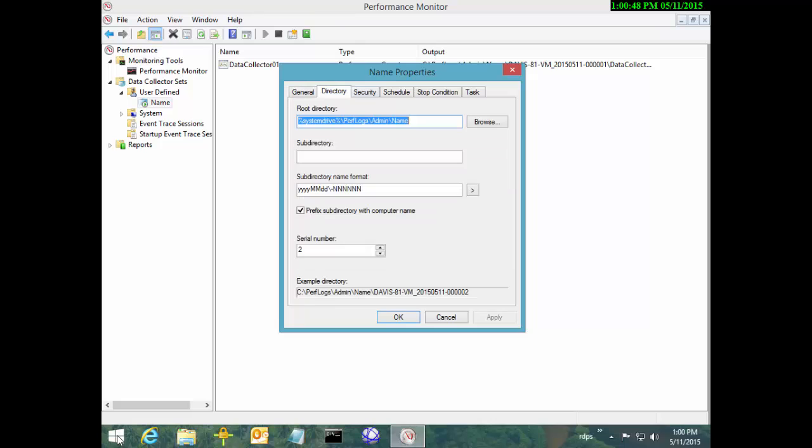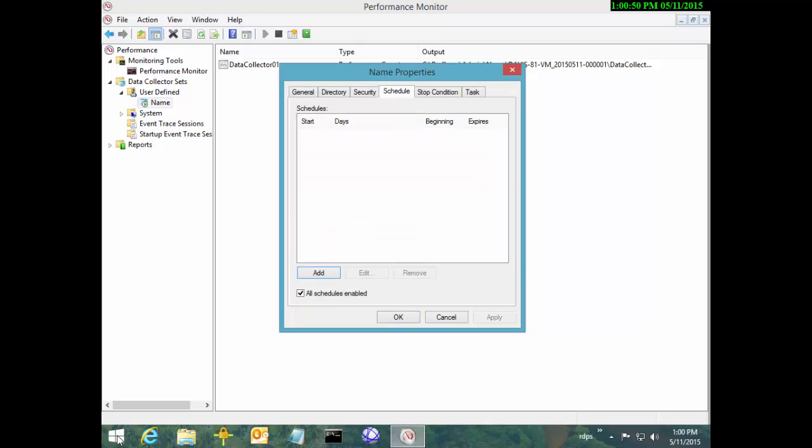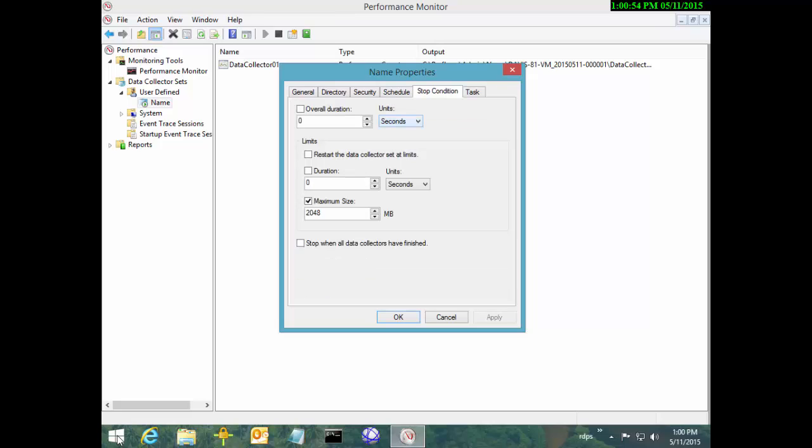And we'll go back in there real quick. So schedule, rather, not start condition. Okay, so stop condition we talked about already. Maximum size, obviously you could also do a number of seconds, right? We could do minutes, hours, days. Not too often that I've found myself needing to do this at all. You can have an overall duration for all the data collector sets, and stop when all the